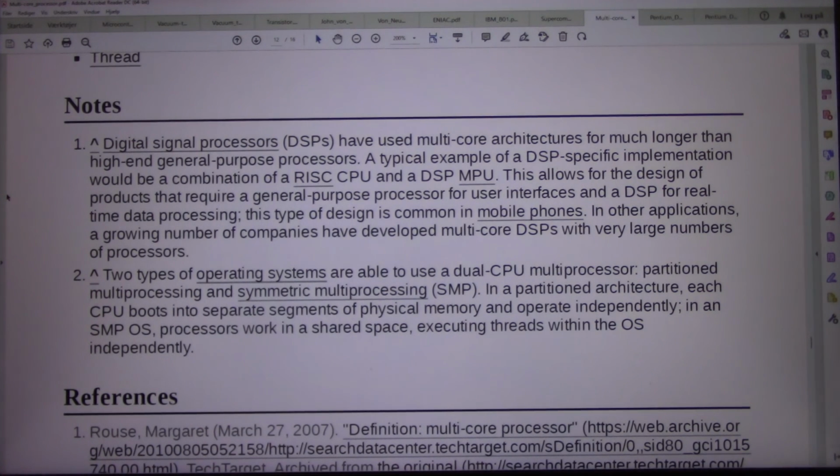2. Two types of operating systems are able to use a dual CPU multiprocessor: partitioned multiprocessing and symmetric multiprocessing, SMP. In a